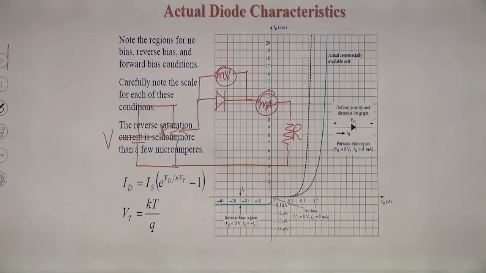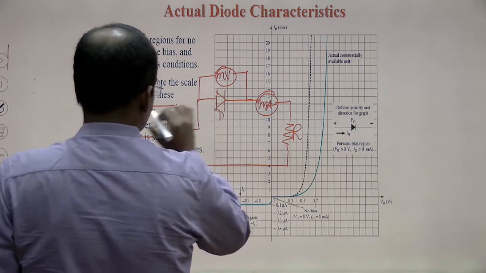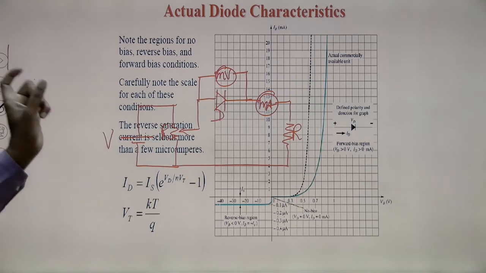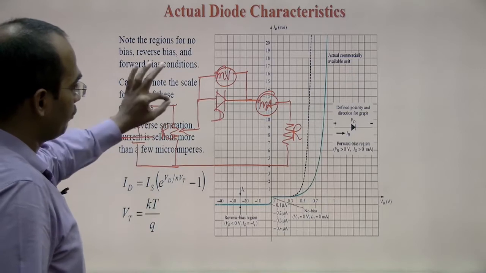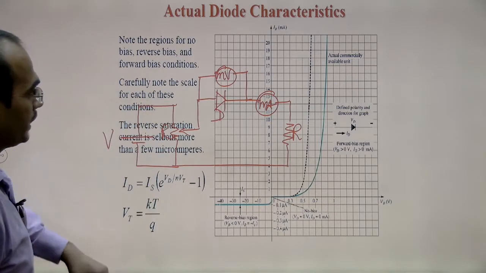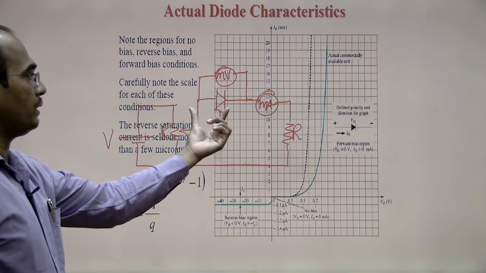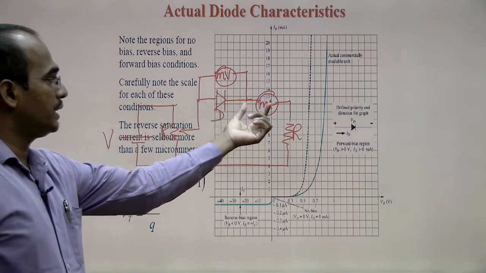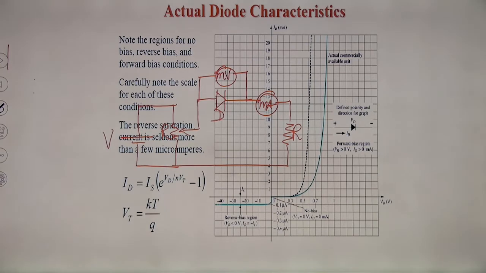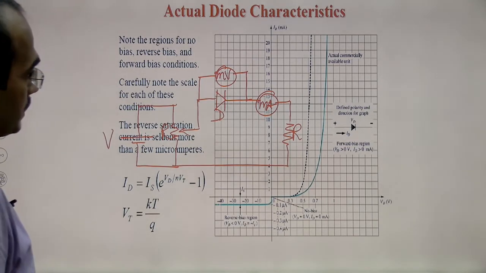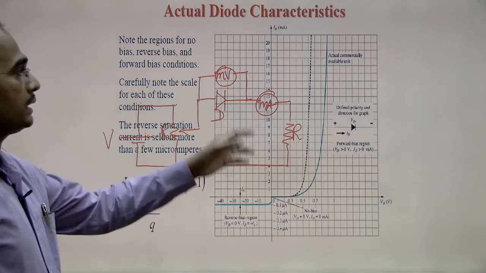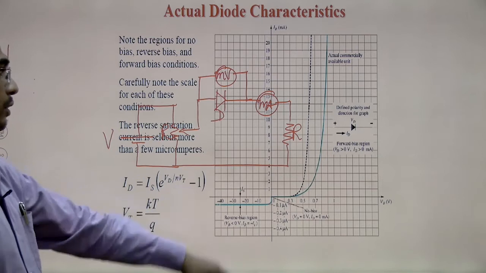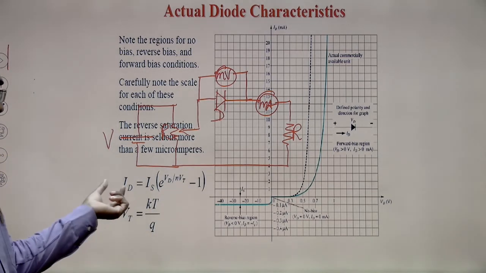This is the procedure. How will you measure the current flowing through the diode and the voltage across the diode? By varying this potentiometer, I will vary the applied voltage or biasing voltage. After that, I will measure the voltage across the diode, that is Vd, and the current flowing through the diode. After measuring the voltage and current for different voltages, you will get that the current is increasing exponentially.